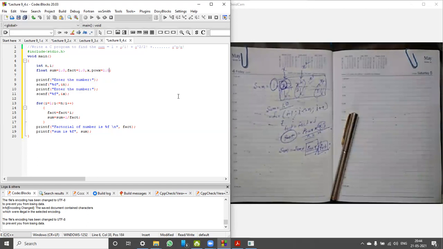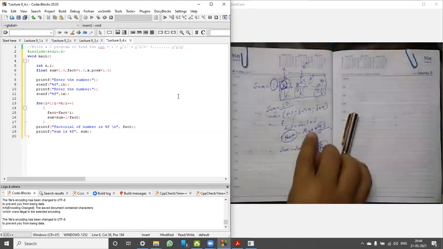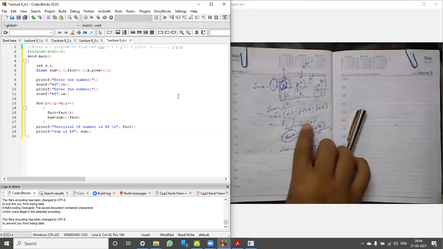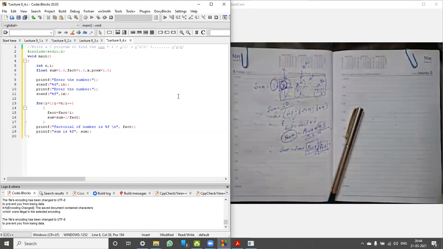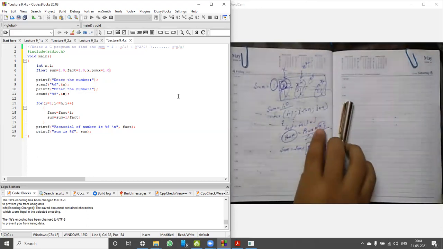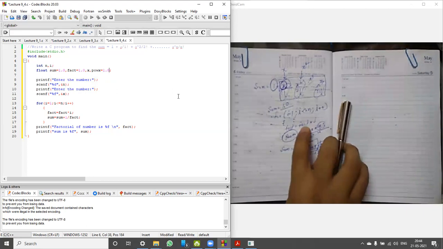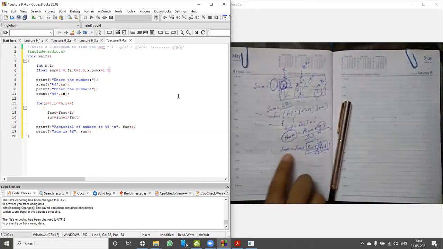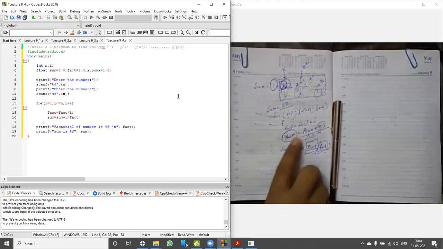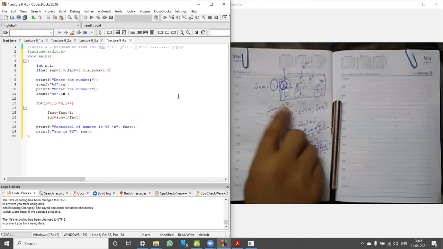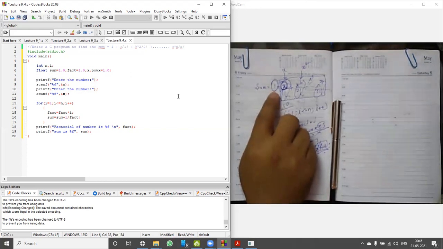I am initializing with 1 because in the first iteration it is 1 into x. For every multiplication factor, we take it as 1. And for summation, we can take it as 0 or 1 depending on the situation. In every question, we take this as 0. In this question, I'm taking it as 1.0 because I need one more. This is just because of this factor.